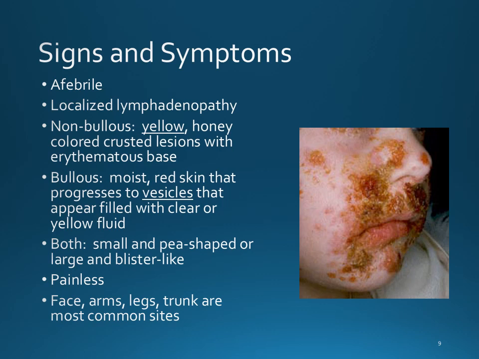This picture is actually a combination of the two. So if you look right here, you see kind of a red pimple. There's one. They don't appear to have pus in them. That one's kind of questionable to me. The picture's not really super clear. So you've got some bullous areas, but for the most part, all this is non-bullous. The lesions themselves have opened, and now you've got this crusted appearance all over the place, okay? Although it looks horrible, normally this is going to be pretty painless, okay?